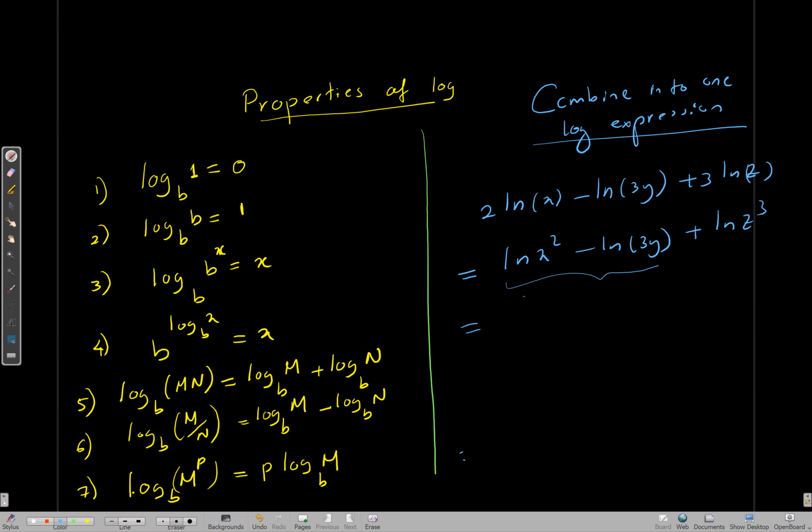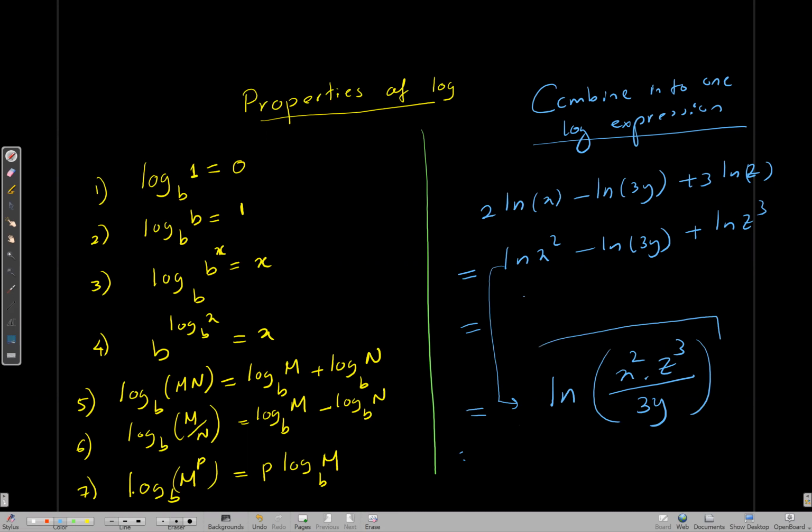It can be these two, or these two, or these two. It doesn't matter. And do what you did last time, but I will skip that step and write down the answer in one shot. ln, the things that have a plus sign in front of them, x squared and c cubed, come to the numerator, and things having a minus sign in front of the logarithmic term go in the denominator. This should be our answer. Okay, I think that's enough examples for combining